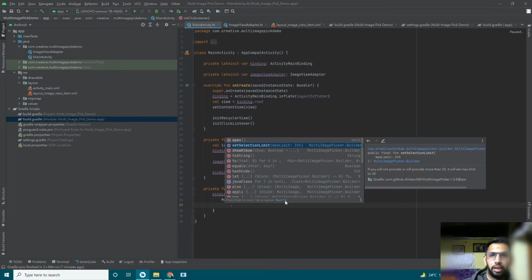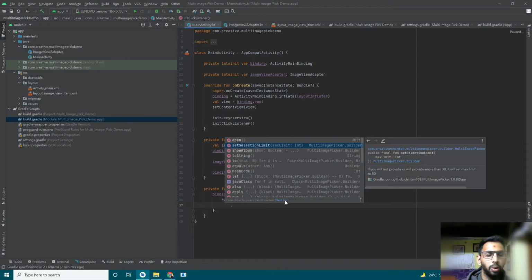We cannot restrict the user from selecting a number of images, and that's why this library has been created, and the second purpose is ease of use.